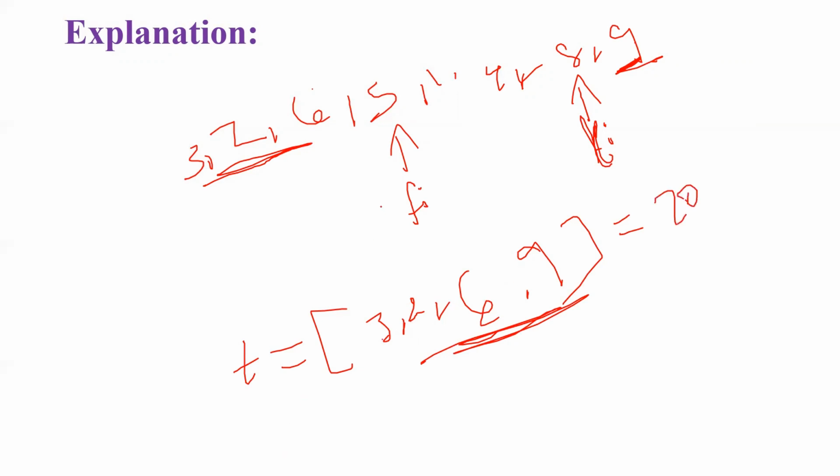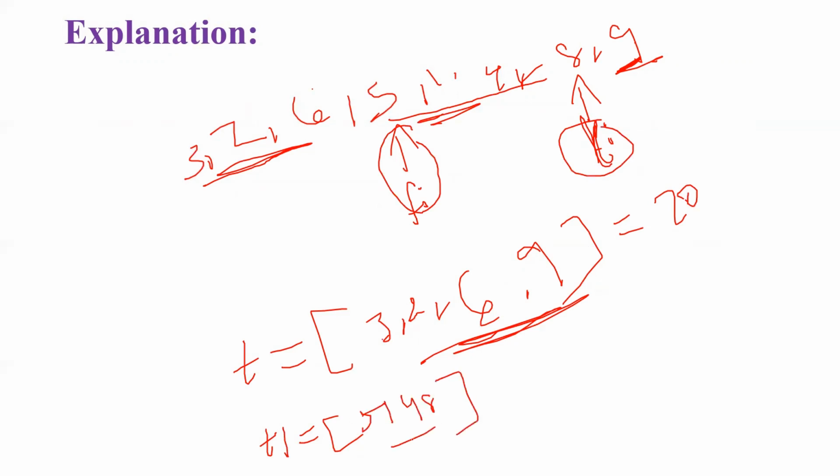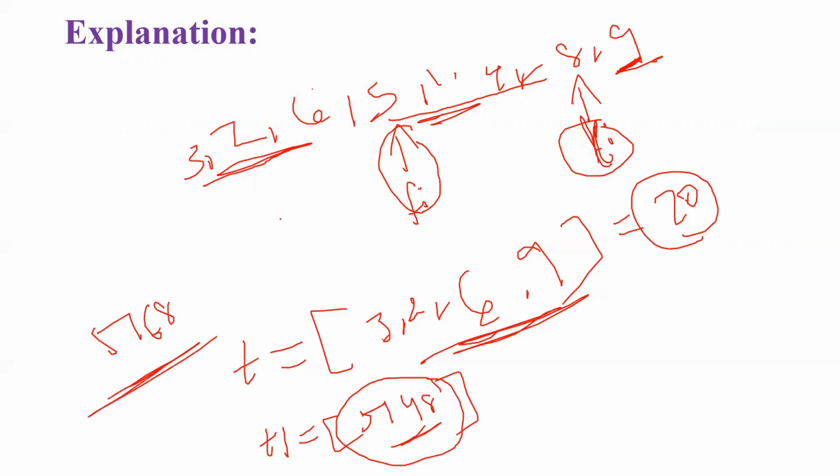This is temp 1. Now the second time, I will concatenate from the first index to the end index, I will consider the range of elements, and I will get the concatenated number 5148. Now I will add this 5148 to the 20 and I will get the sum as 5168. Fine. In this way we are going to solve this problem. Let me show you how to do this programmatically.